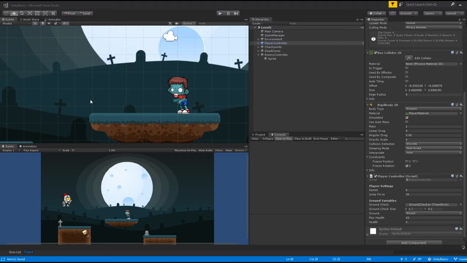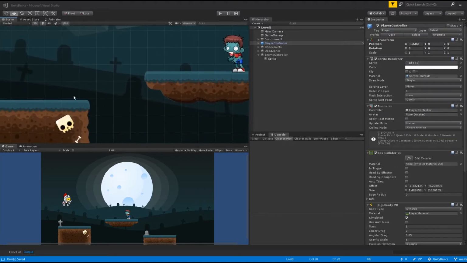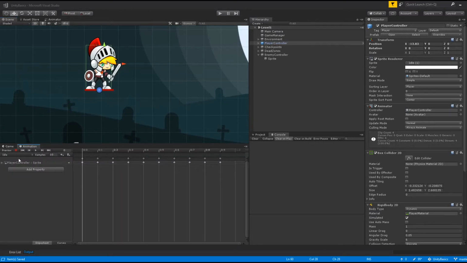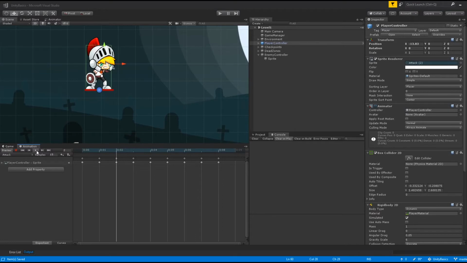So if we go to the player, it's loading. There you go. And if we check animations and the attack, it's a little bit slow, but it's probably all right. Like, it's probably fine. So what I'm going to do here is we don't really need to do the entire